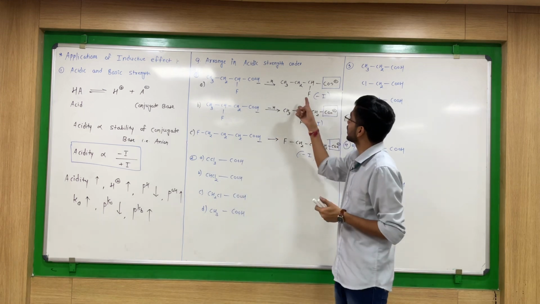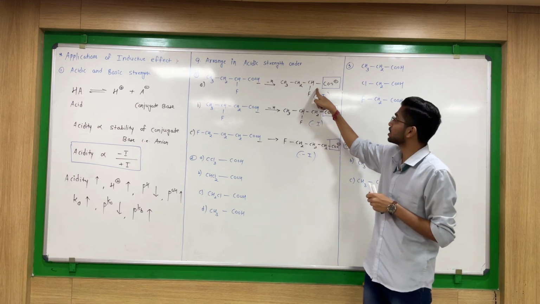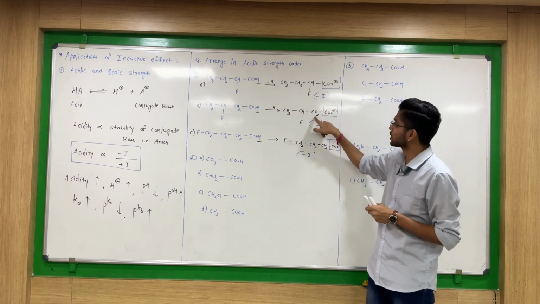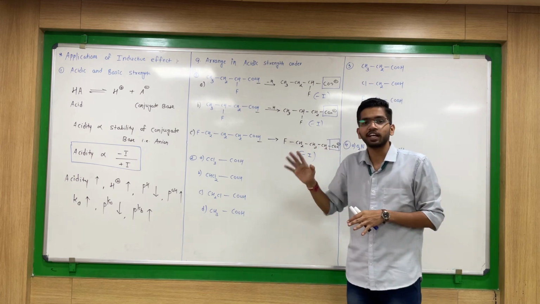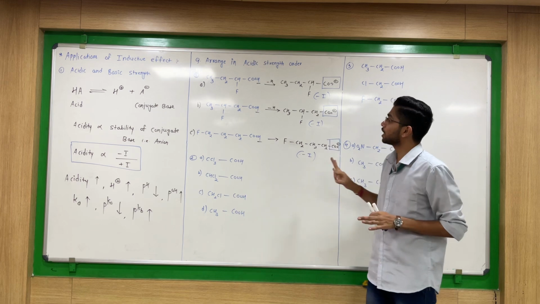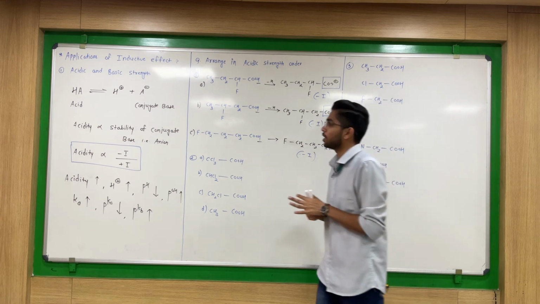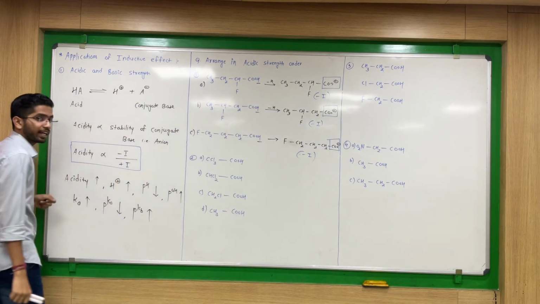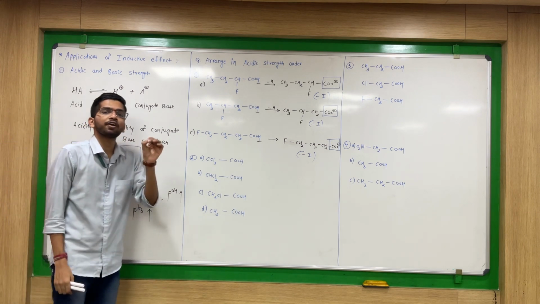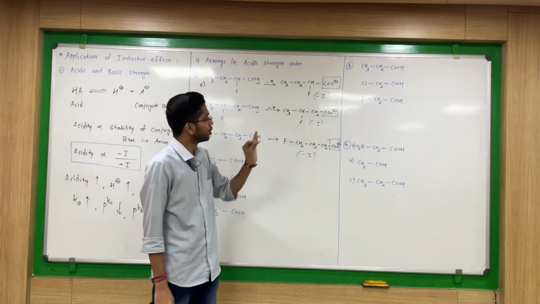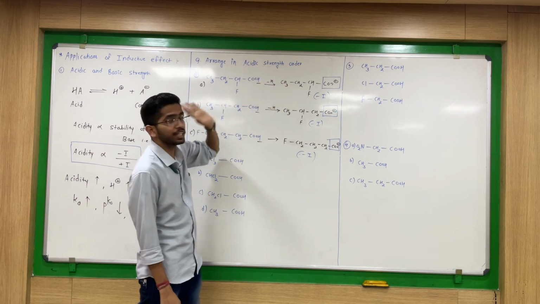So now here, where will the inductive effect be more? Obviously in the first case it will be more, because here the distance is of only 2 carbons. Here the distance is of 3 carbons. Here the distance is of 4 carbons. And with the distance, inductive effect decreases. Now which inductive effect do I have here? Minus I. What is the relation between acidity and minus I inductive effect? Acidity is directly proportional to the minus inductive effect. I want more minus inductive effect, so that that particular acid has more acidic strength.